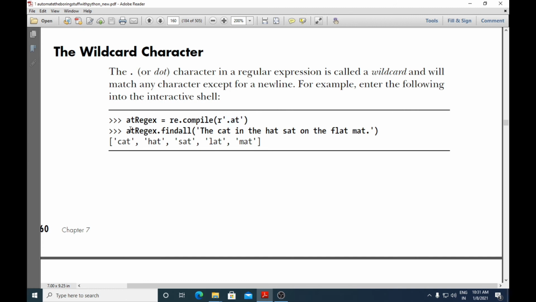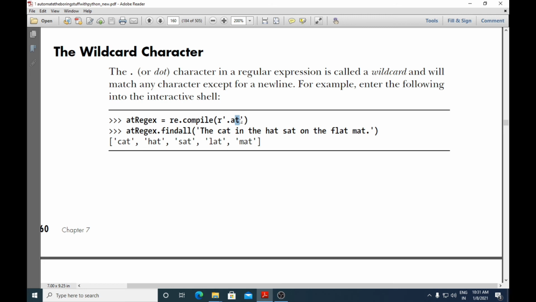Next, we'll do at regular expression dot findall. What will the findall method do? The findall method will search the entire string for this regular expression, whereas the search method will search only the first occurrence of that pattern.